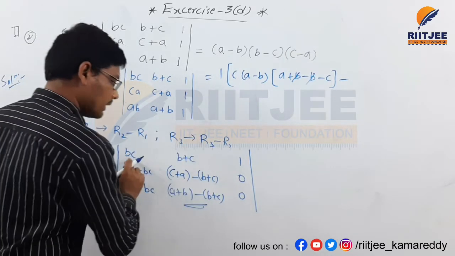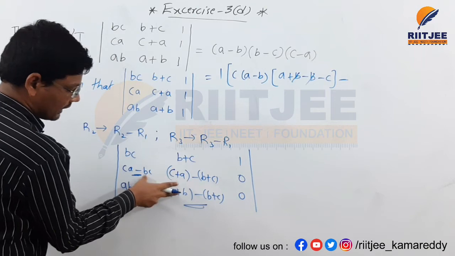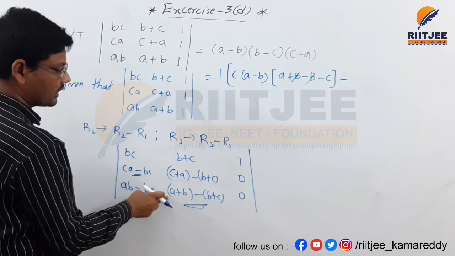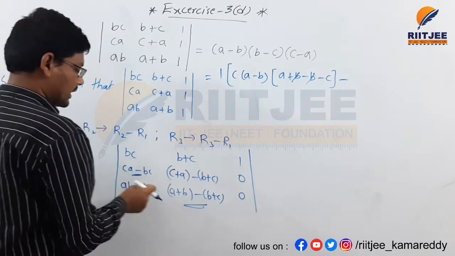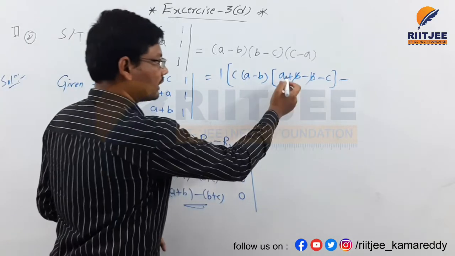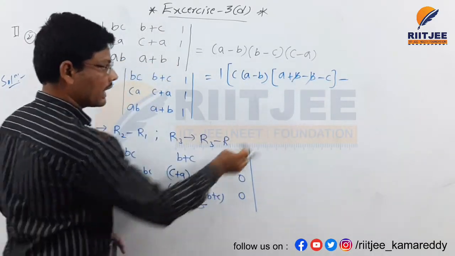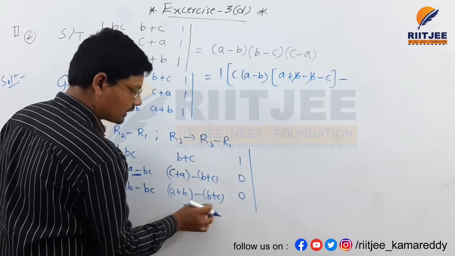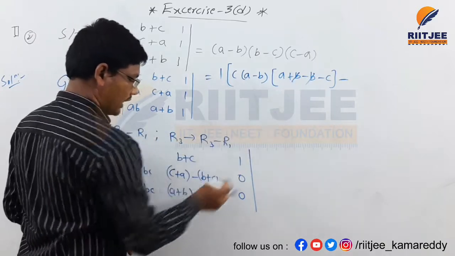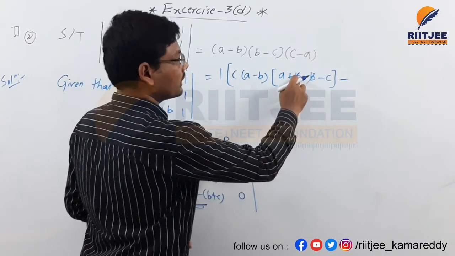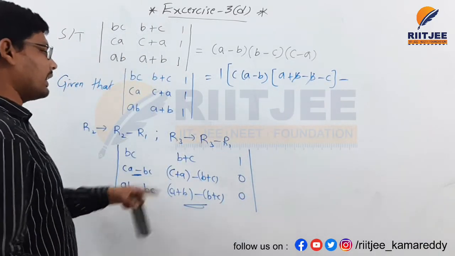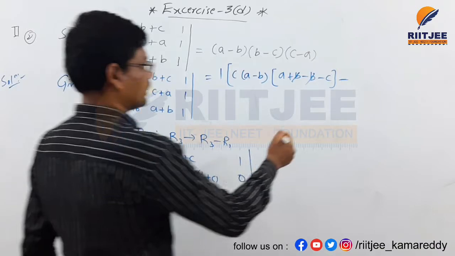So 1 into, if you eliminate the row and column here, this is the matrix here. This is a 2 by 2 matrix. I am multiplying these two elements here. While multiplying, I am taking C as common here, C into A minus B into this value. So directly I am solving here. A plus B I am writing here, and I am removing this bracket here. While removing this bracket, this sign will become negative and this sign will become negative. So that plus B minus B will get cancelled. That is the answer.